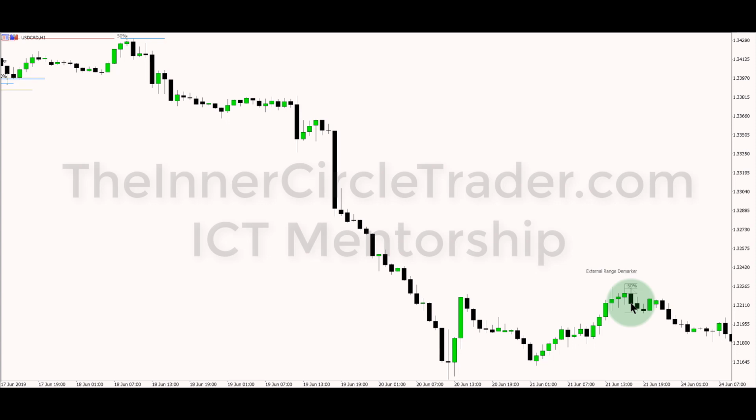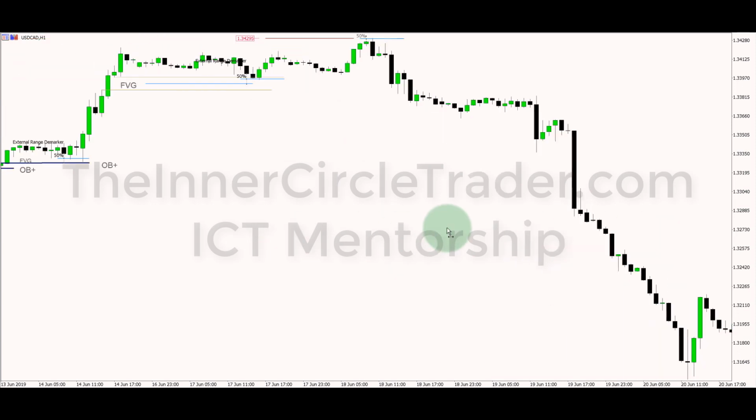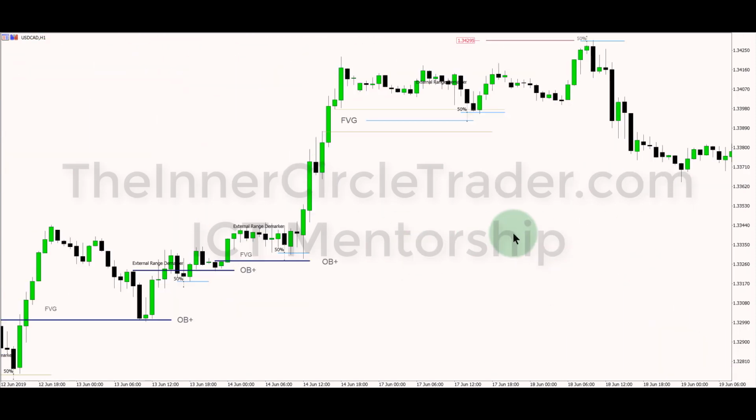Think about it, when I first gave order blocks, you don't think I got 1,000 emails in the first month asking me, is this an order block or is this an order block? You're just now getting introduced to it. So allow me to flesh it out. We spent a great deal of time on fair value gaps recently. So now we're going to spend some time with this one. There's so many things we have to learn, but you have to give me the required amount of time for you to digest certain things. Trust me, it will click, but you gotta spend time with it, and I will give you more information about it. So again, I'm going to counsel you to go through your charts,